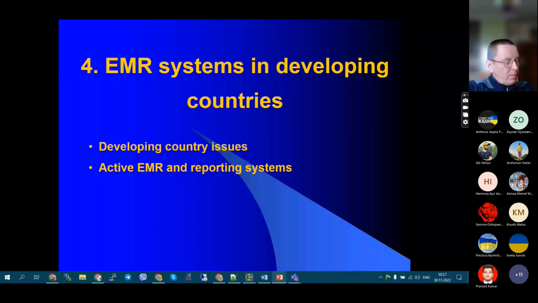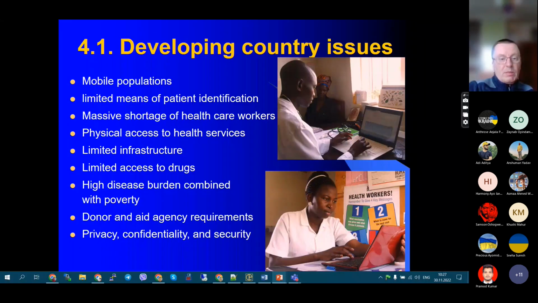And if we're talking, finally, a few words about developing countries, some issues and active EMR and reporting systems which are available for developing countries. So here we have a huge number of problems and issues in developing countries, like mobile population, limited means of patient identification, shortage of health workers, limited access to health services, limited infrastructure, access to drugs,